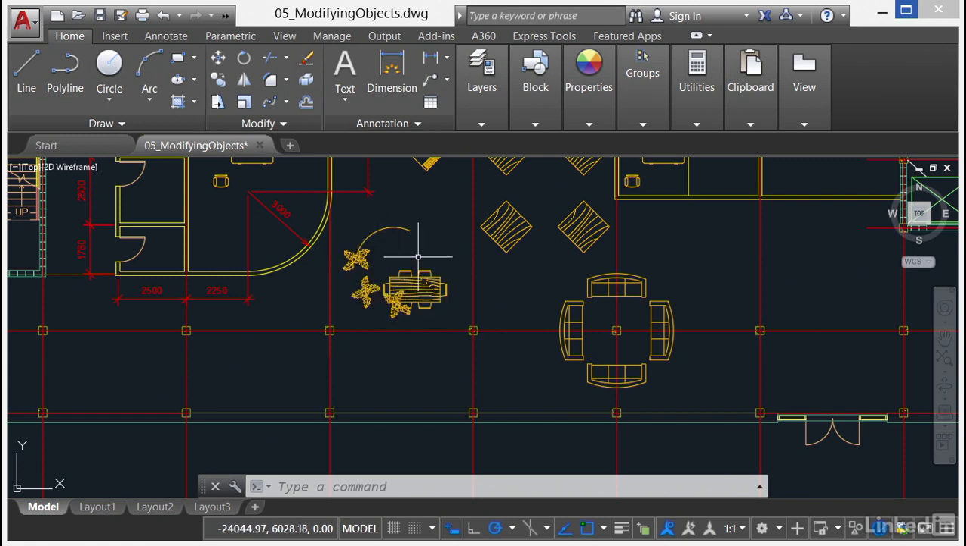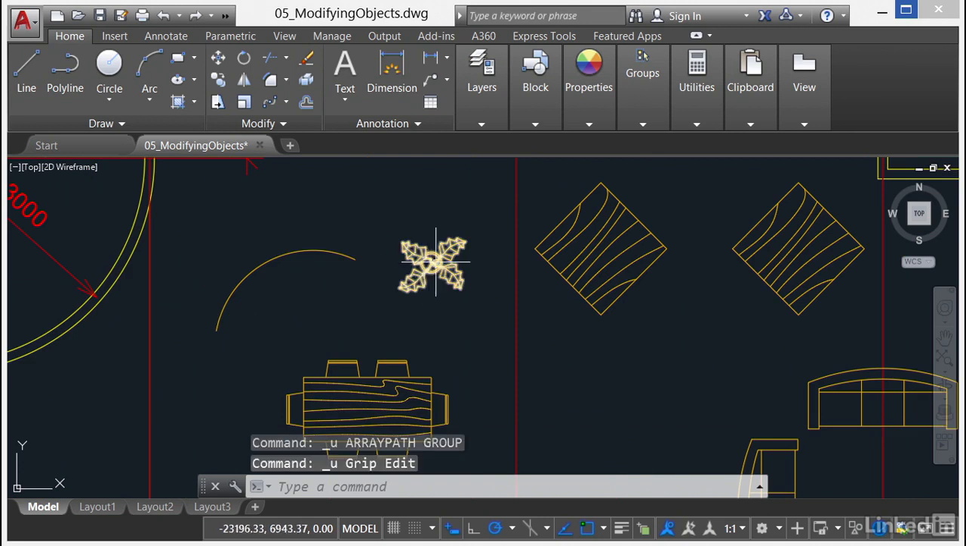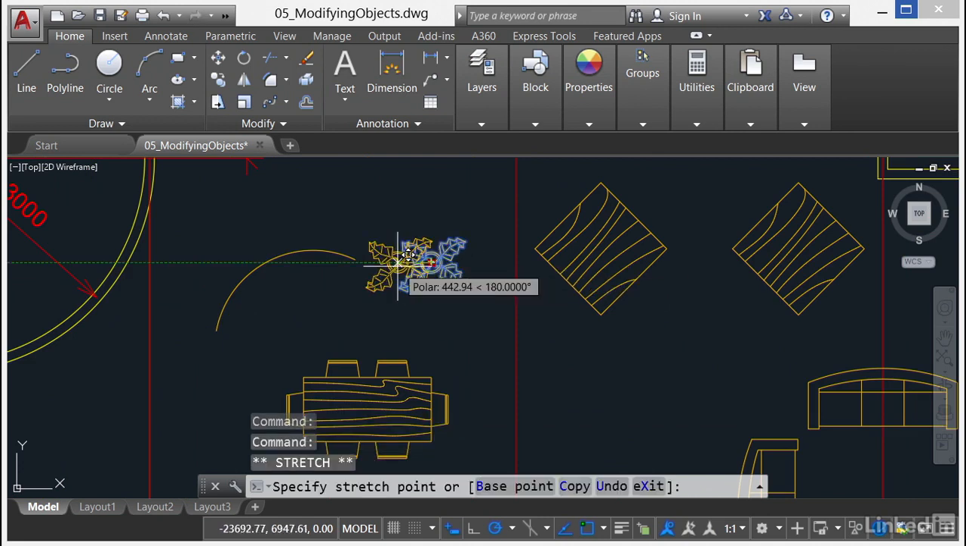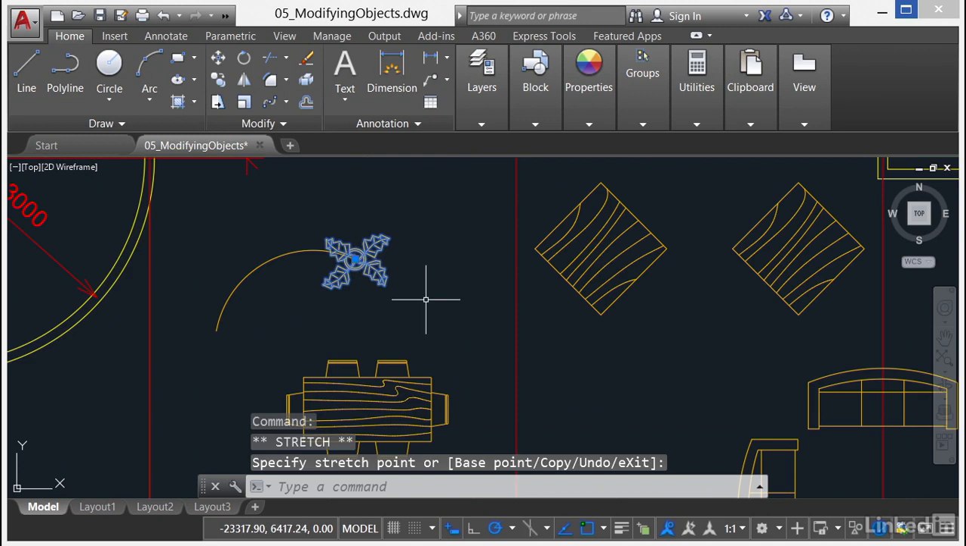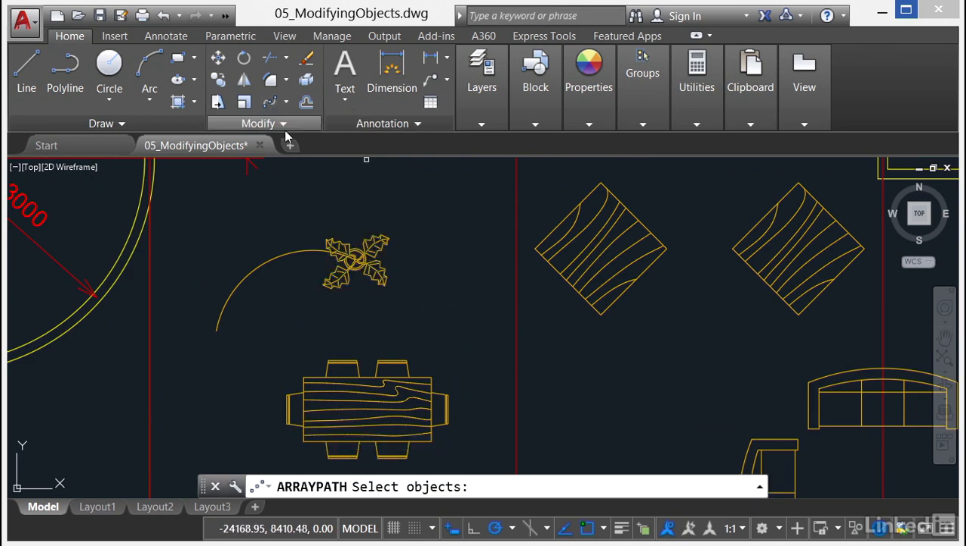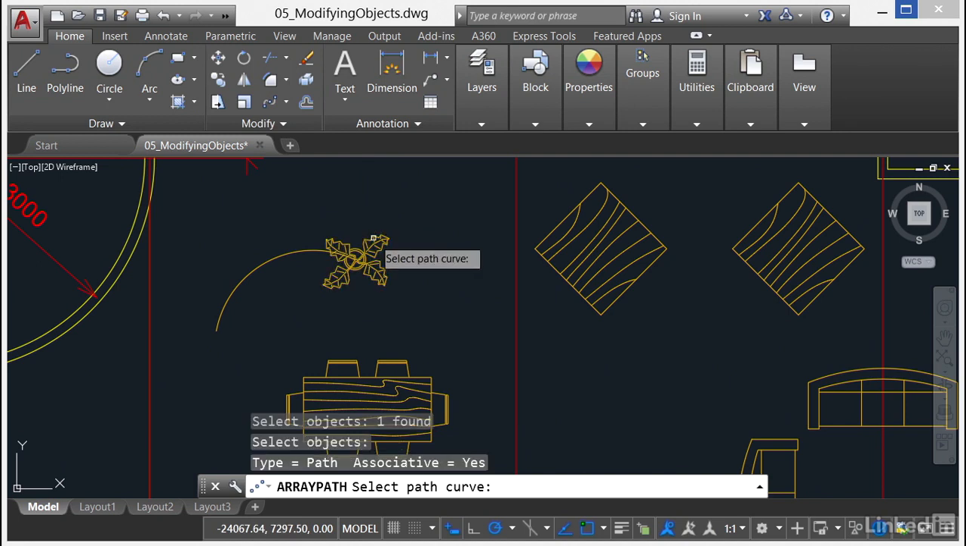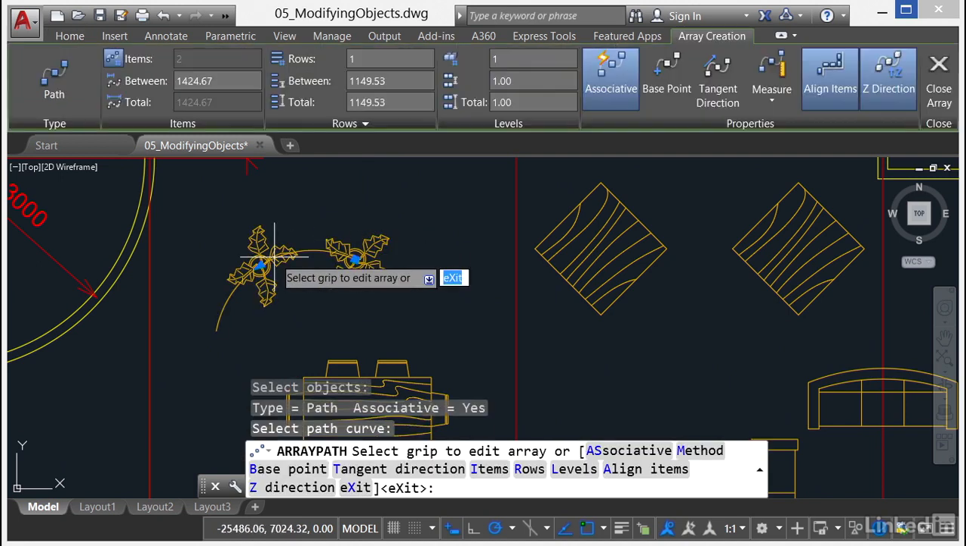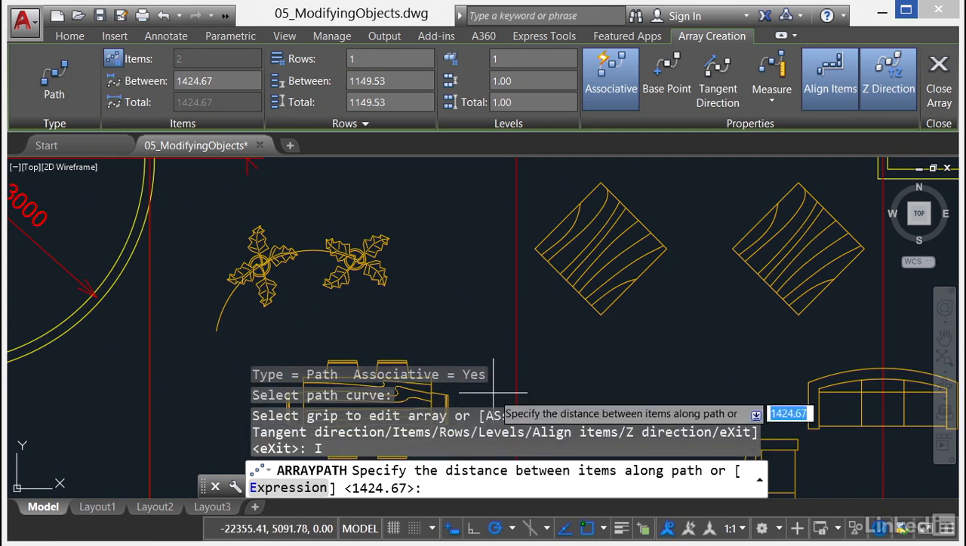So if I just undo what I've done a couple of steps and I click on the rubber plant, click on the grip and place it here like that, you'll see that when I do a path array on it this time and select the object like that and right click and then select the path curve, can you see it's following a different route? And what I can do is I can change the number of items there if I want to. So if I come down here to items in the command line just to be different,